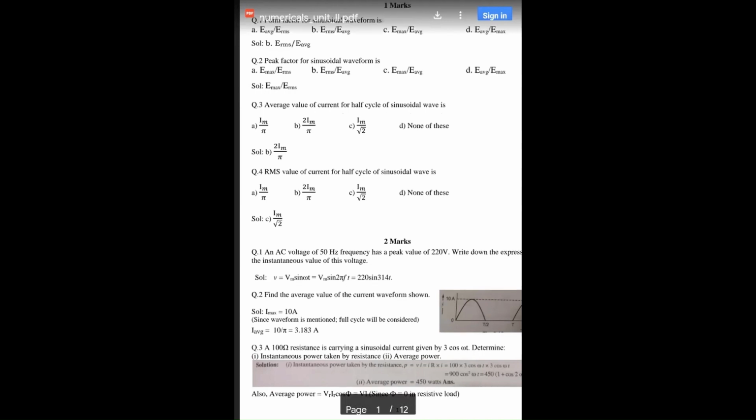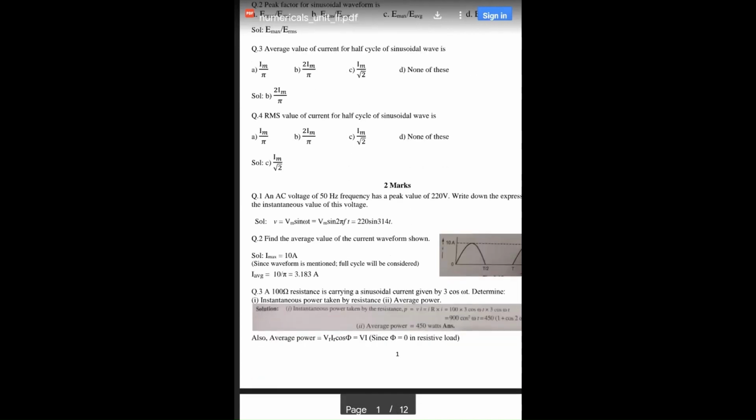Next is the average value of the current for half cycle of sinusoidal wave, which is 2 Im by pi, and the RMS value of the current for half cycle of sinusoidal wave is Im by root 2. Okay, so these are direct formulas